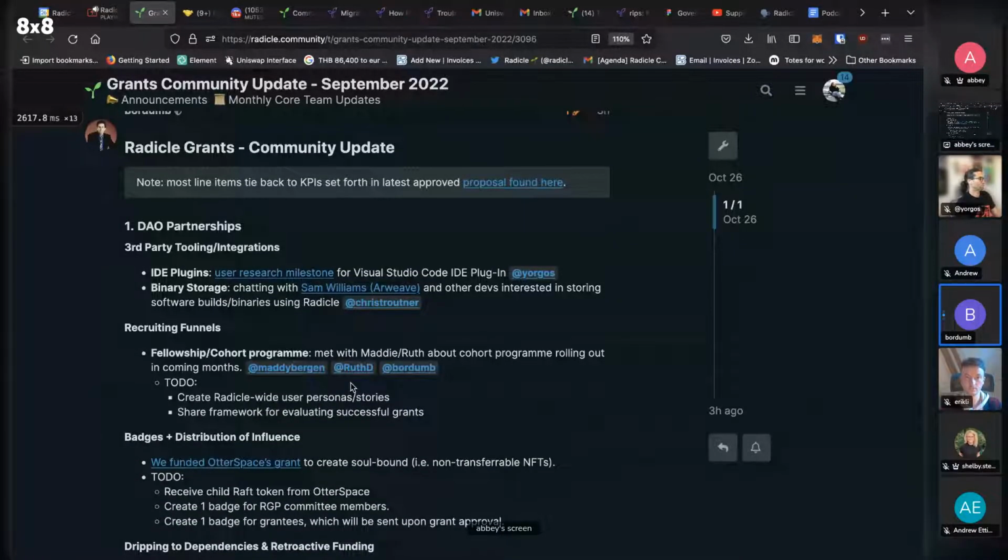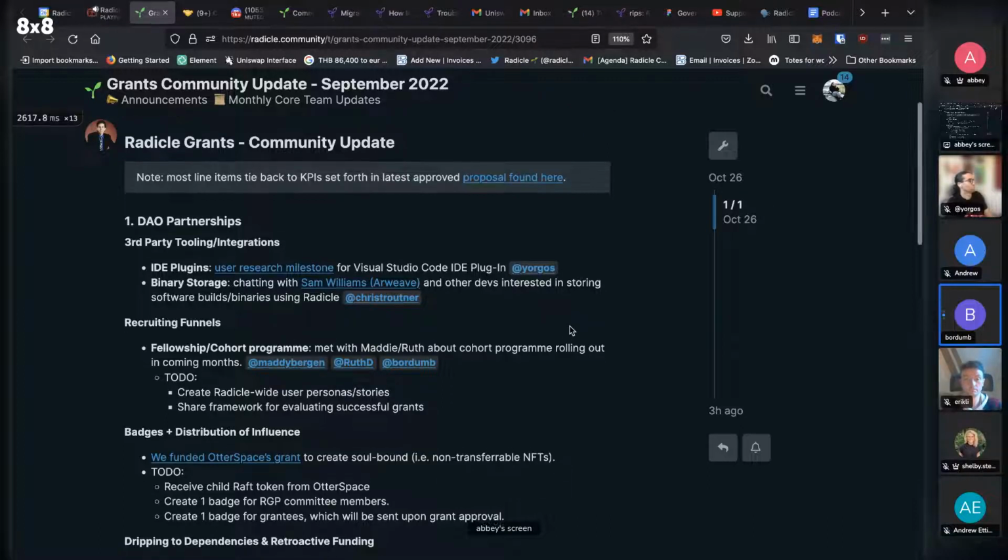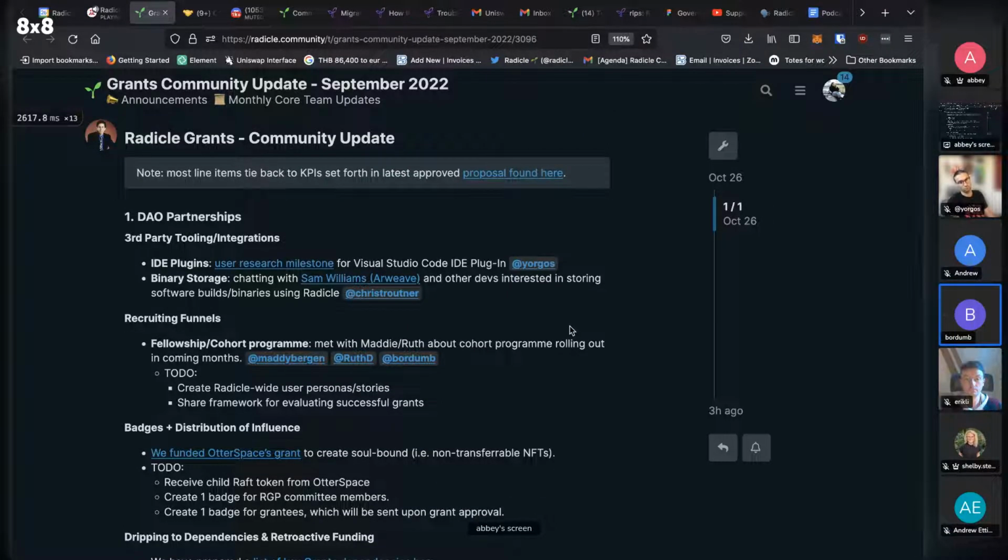So Yorgos, who's on the call, recently put in a milestone for IDE plugin, so user research for Visual Code. The thing to call out here, and why I put it at the top, is this is basically an integration with the CLI. So it's very closely coupled with some of the core product that the core team is building. And so I think that Yorgos, whenever he's doing work on user research or building the actual plugins,